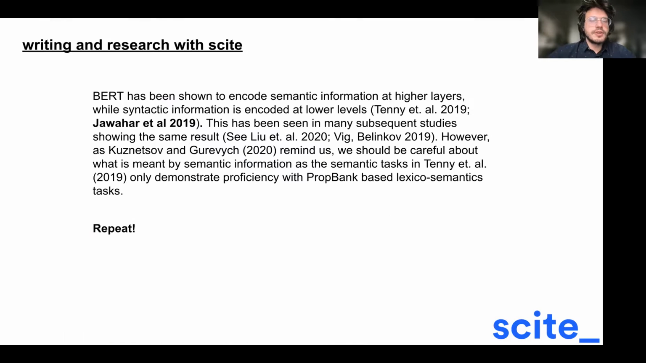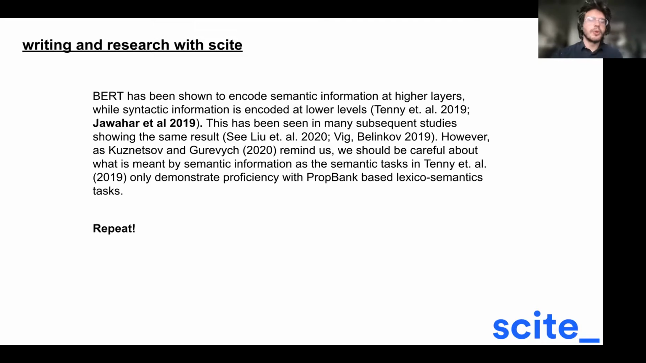And so what we can do is repeat the process that I've just mentioned for writing and doing research with Scite. In the earlier part of the presentation, I was really discussing discovery with Scite, how to find publications of interest. This is more doing writing and research with Scite, so it's engaging the process after discovery. What you can do is repeat the steps I just mentioned, and go, okay, well, Jawahar,